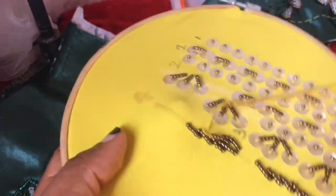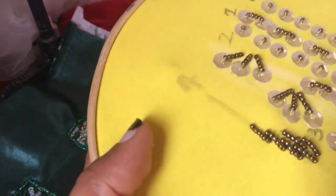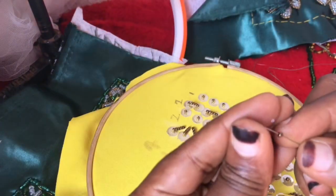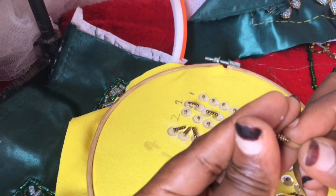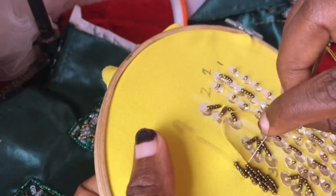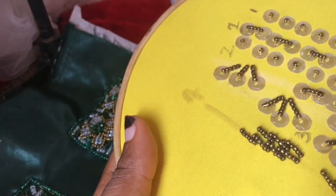If you don't continue from the back, your design is going to change, creating another design entirely. Remember, 6 beads, come to the side of 3. After you're done,